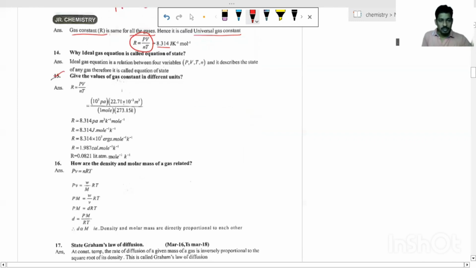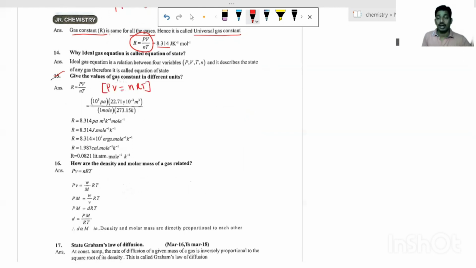So R is equal to PV by nT. This we got from where? Ideal gas equation, PV is equal to nRT only, right? So here R has different types of values. So here it is 8.314, that is Pascal meter cube per Kelvin per mole, 8.314 joule per mole per Kelvin,